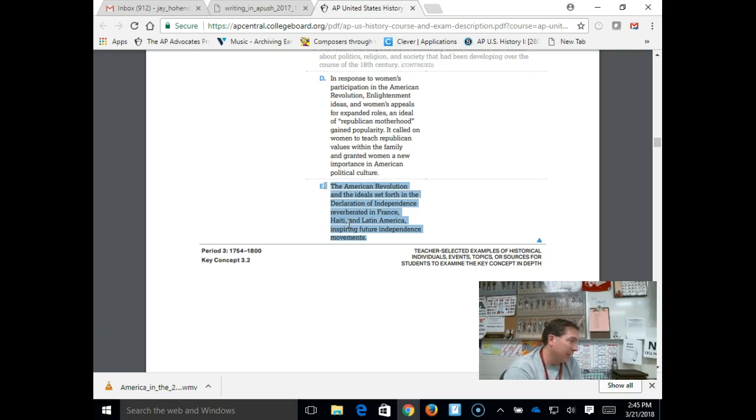So it's going to reinforce our black codes. It's going to happen in Latin America. Eventually, Vietnam is going to use our declaration to try to get us joined with Ho Chi Minh during the Vietnam conflict. So over and over again, the declaration will reverberate there.